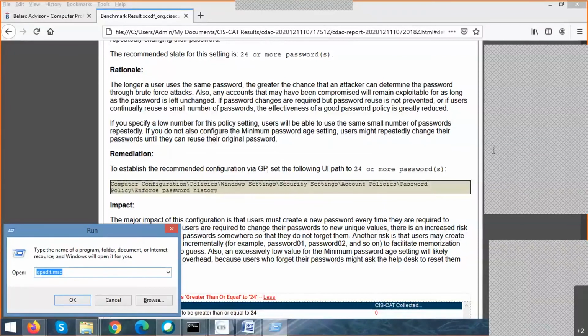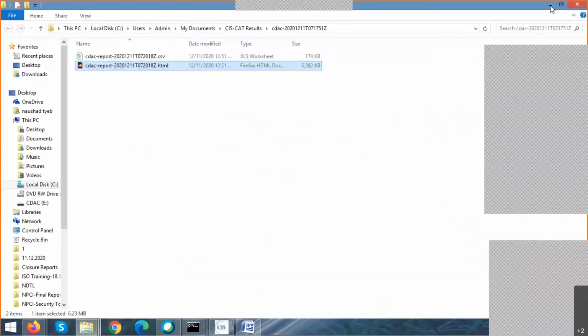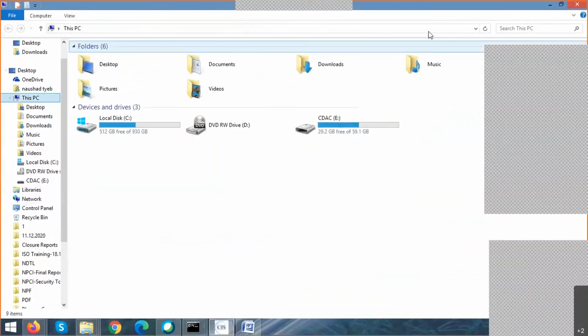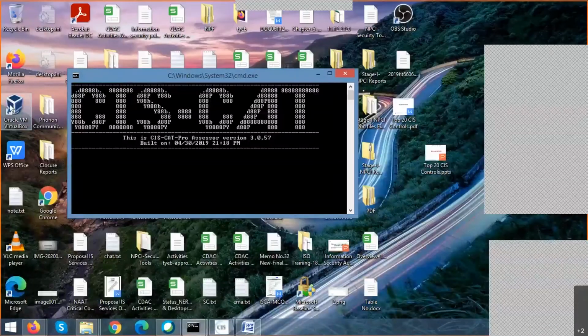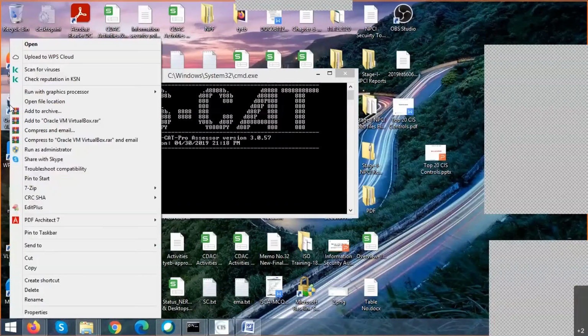Are you typing in Windows 7? Yes, okay. I am trying to open this Oracle VM. Yes, local group policies. It takes some time to open this VM.